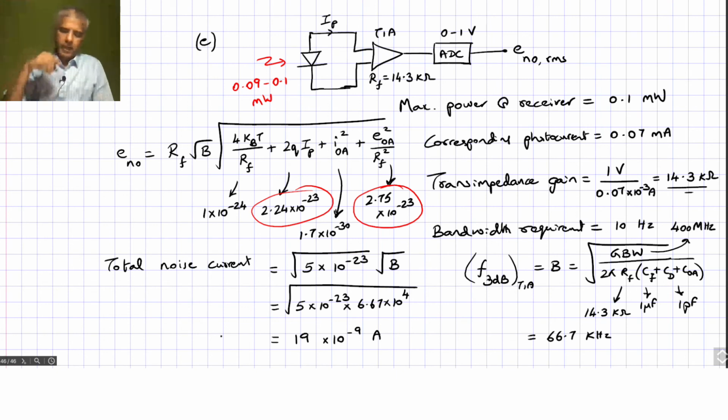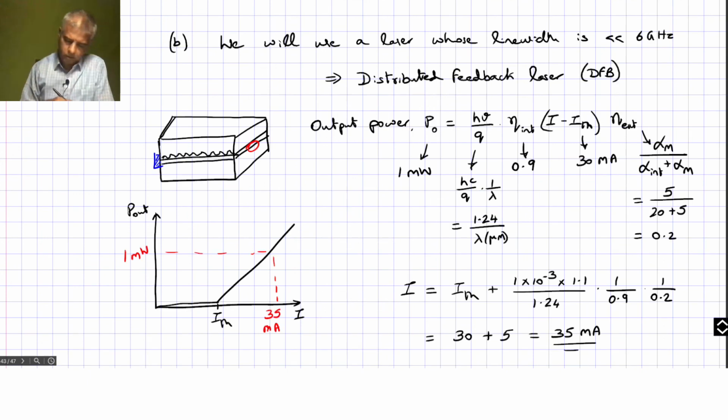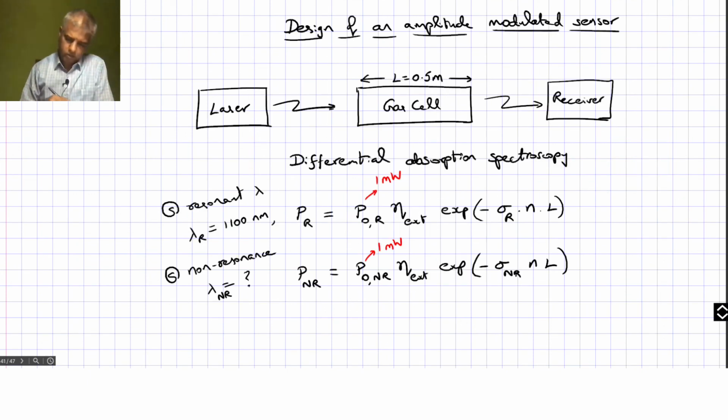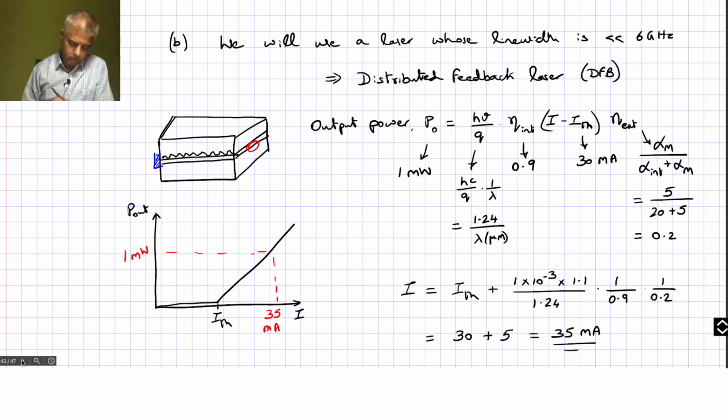Now, in the last part, we've been asked to figure out what is the kind of minimum detectable limit that we have. Okay, so let's look at that. How do you define the minimum detectable limit? Now, from our expressions before, we can actually figure out what is n as a function of PR, right? So, if we just rewrite that expression,